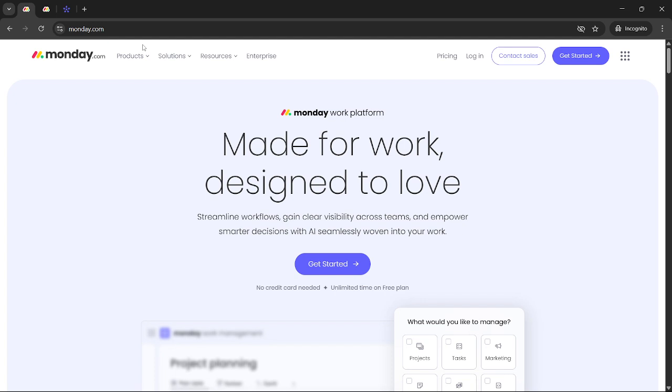Let's get started. First, head over to monday.com, open your browser, and in the address bar type in monday.com or simply click the link if you have it bookmarked. Once the homepage loads, direct your attention to the upper right corner of the screen and click on the login